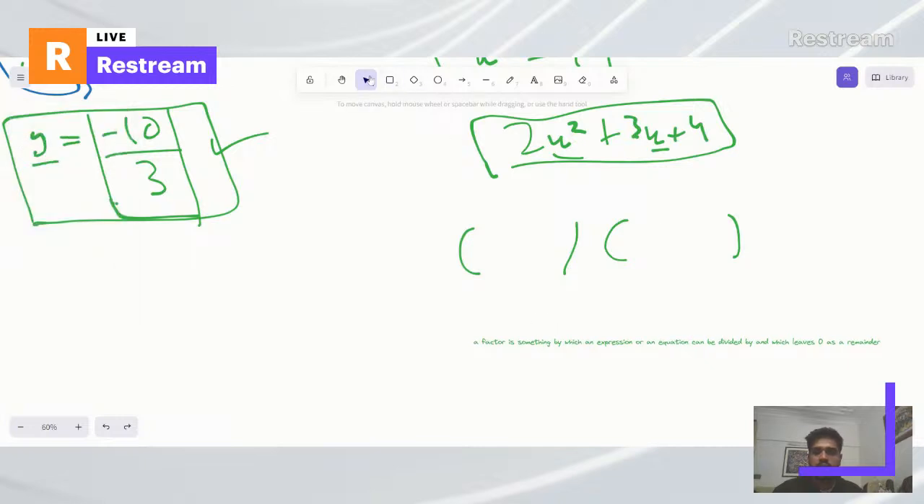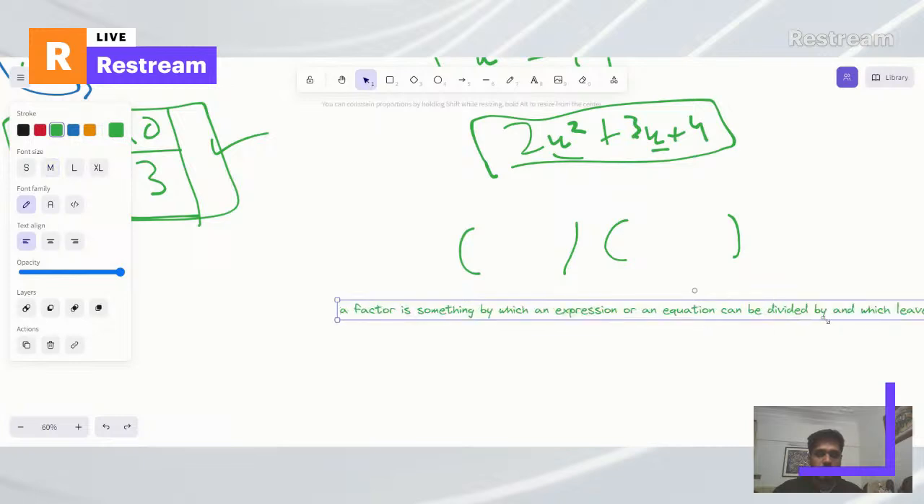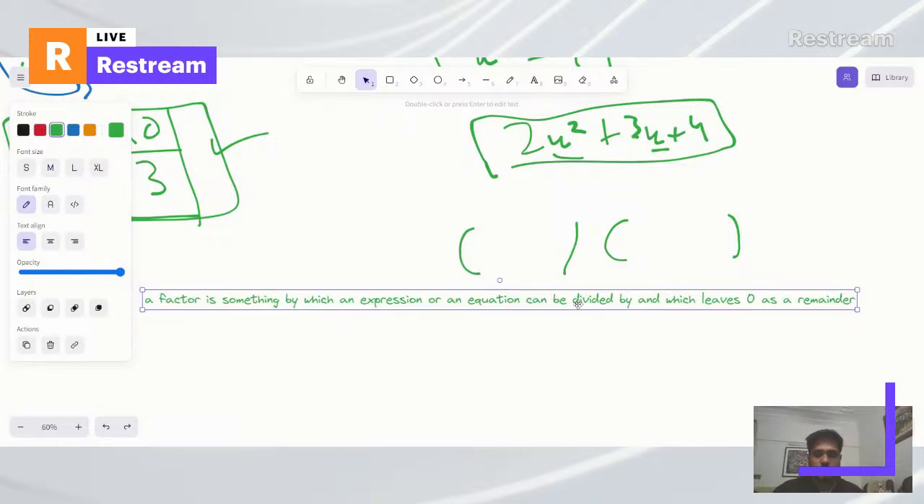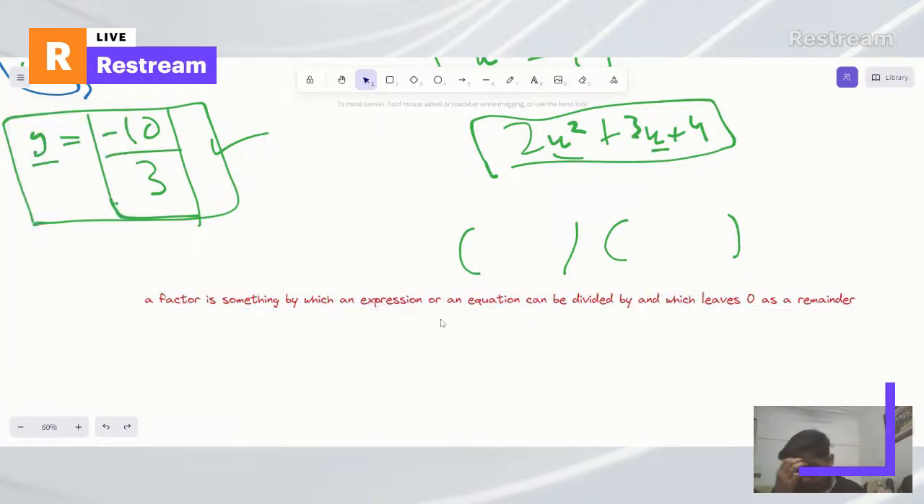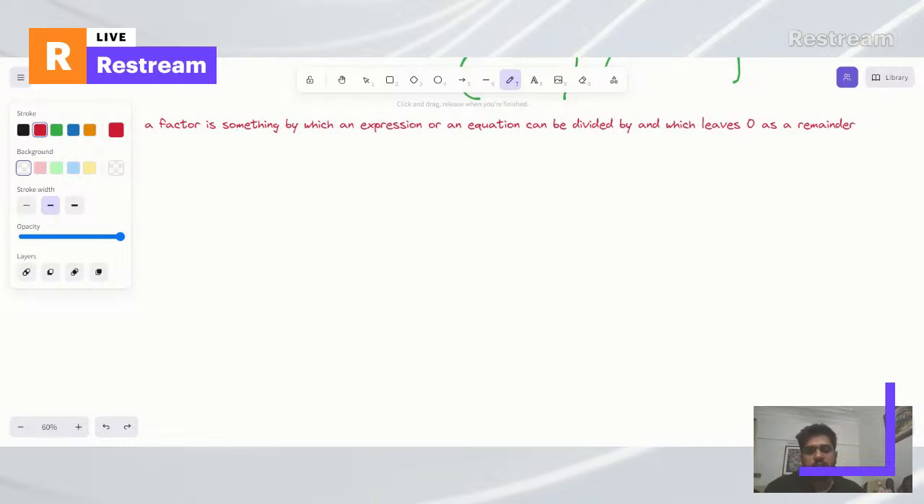Okay, so which leaves 0 as a remainder. So what do I mean by that? I hope this is visible to all of you, right? A factor is something by which an expression or an equation can be divided by and it leaves 0 as a remainder. All right, so in terms of general numbers, if I say that 2